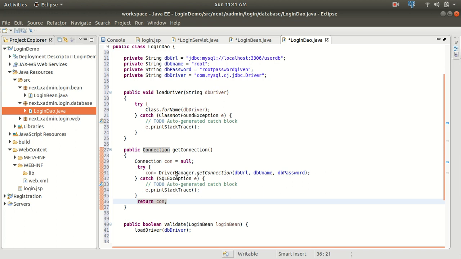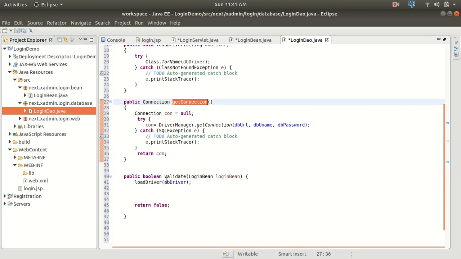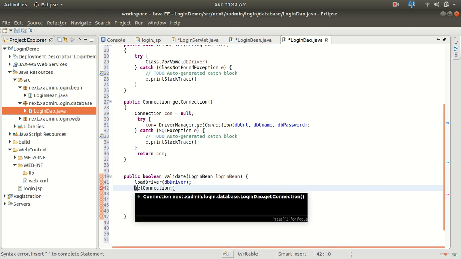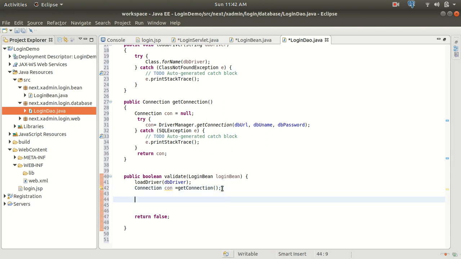Okay, so guys, here I have written a method to get the connection. So let's call this method from the validate method after the load driver. So guys, after that we are taking the connection. So let's take this connection inside the connection object. So connection con equals to get connection. Connection con equals to get connection, and after that guys, as we have got the connection, JDBC connection, so we